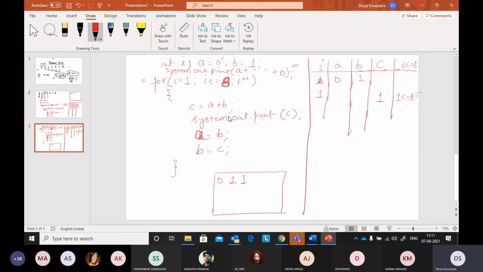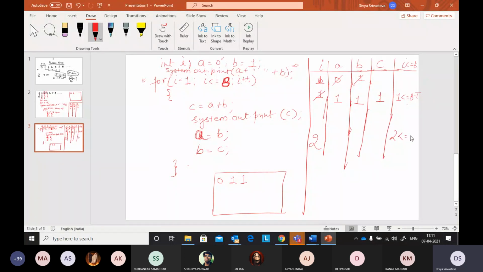0 plus 1, 1. Okay. Now what is happening? A is equal to B. So the new value of A is 1. And the new value of B is C. That is 1. It will come here. This is the ending scope of what? For loop. So it will check कि क्या for loop खत्म हुआ है. खत्म होने का मतलब है is the condition has been false or not. तो नहीं. Condition कैसी थी? Last time पे true थी. तो again it will go here and it will do I plus plus. So it means the new value for I is 2. Okay.